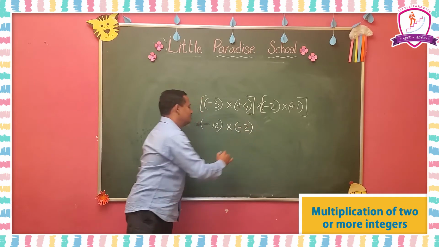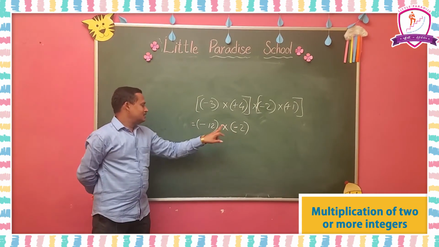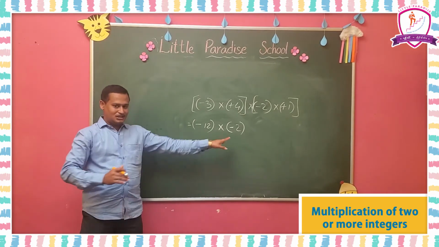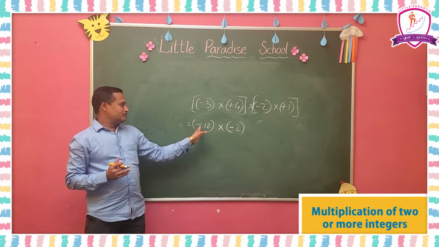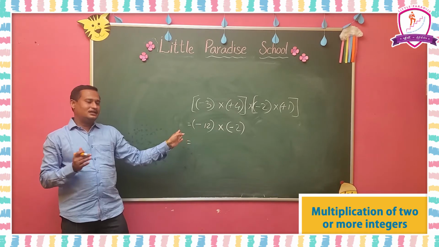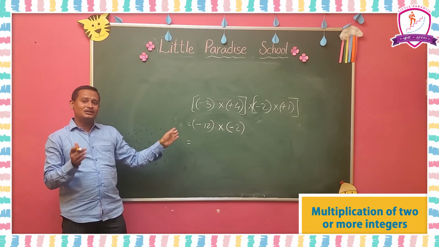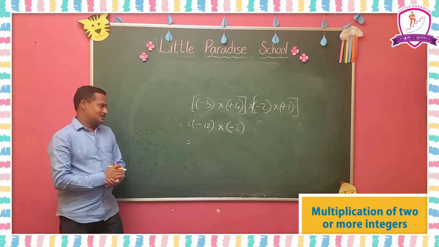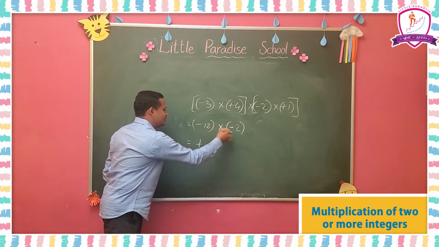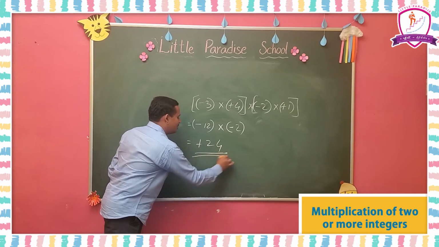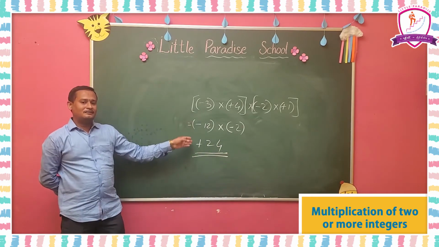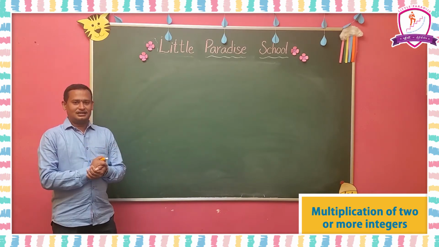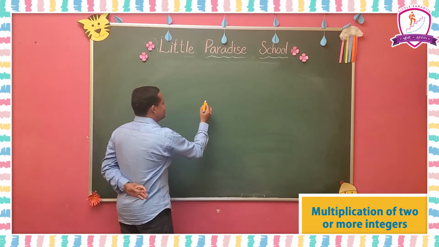So we got a negative integer here and also a negative integer here. Now we have to multiply these two numbers. Both numbers are negative integers. We already discussed that when we multiply both negative integers, we will get a positive integer as the answer. So minus into minus is plus, and 12 2s are 24, which will be the answer. Like this we have to multiply when more than two integers are there. Okay. Now let's consider 6 integers. I am going to take 6 integers on the board.